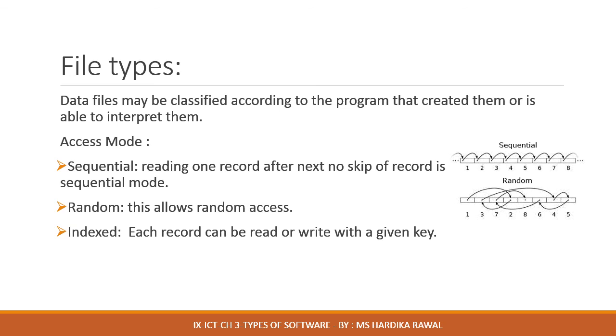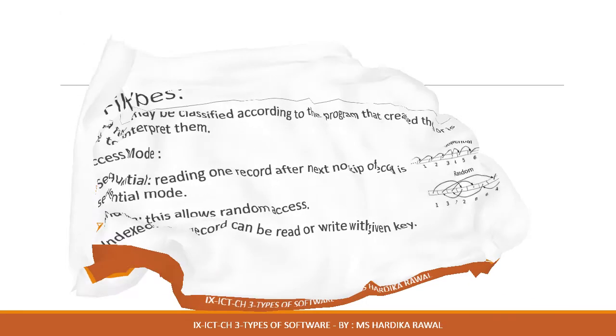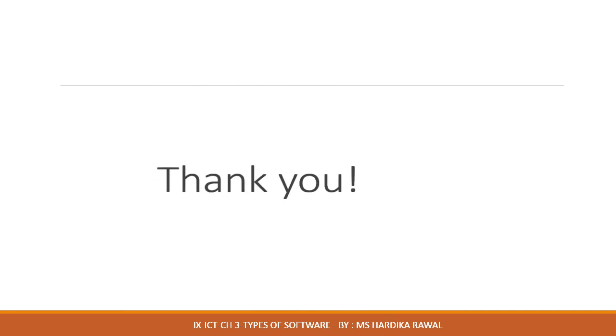And the last one is indexed. Each and every record entered is given a key through which the file is identified. In some cases, the key need not be unique. There can be more than one record with the same key. In this case, programs use a combination of indexed and sequential operations. Get the first record with a key, then get the other records with the same key by doing sequential reads.